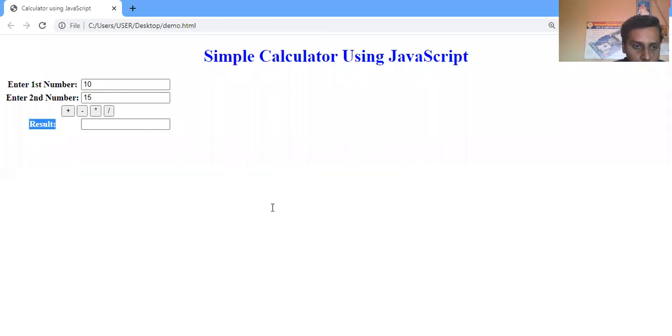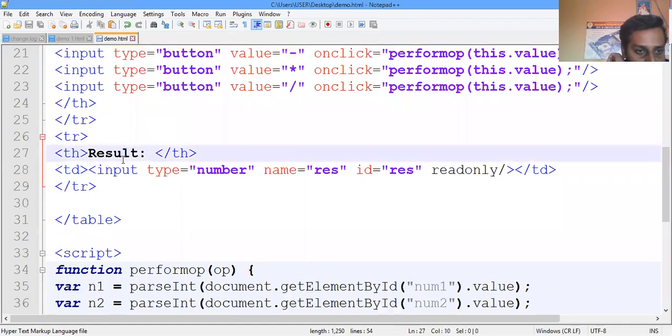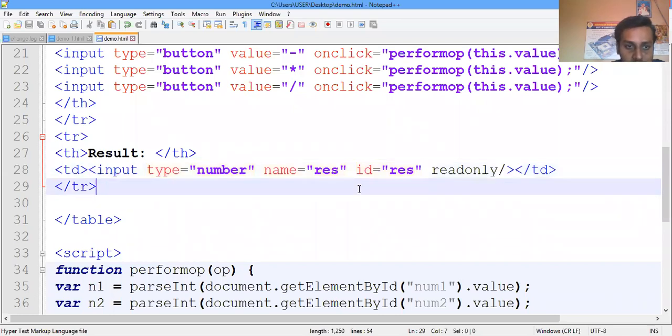So I will move upward. Here after the second row we have taken result, input type number, name equal to res, ID is also res. That's where we want to display the result, whichever value we have taken, in this particular